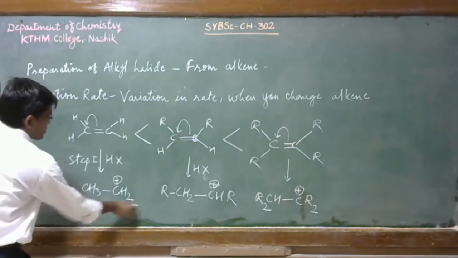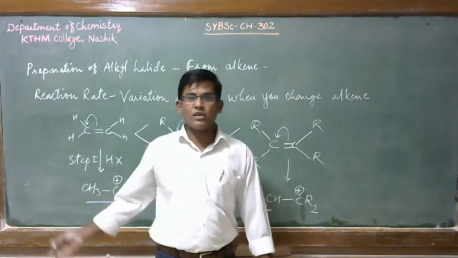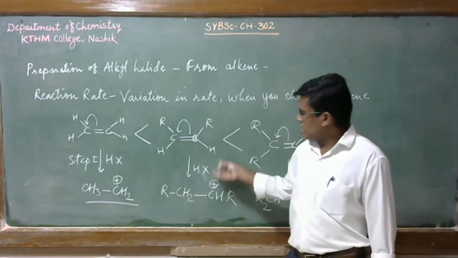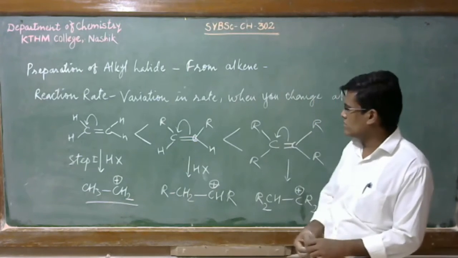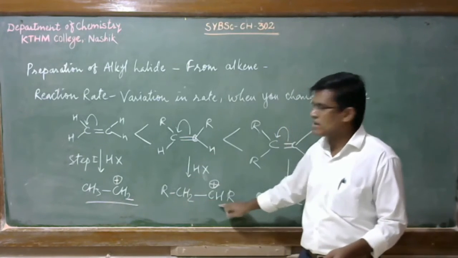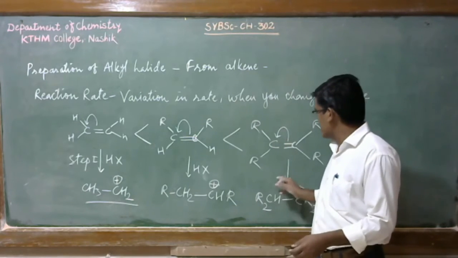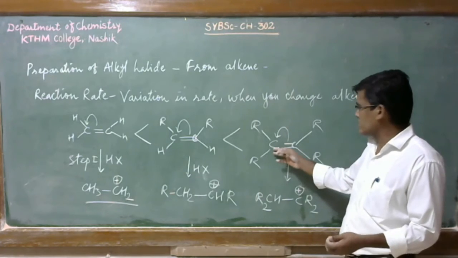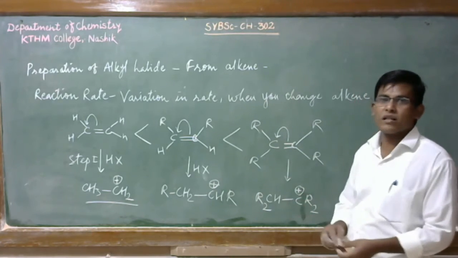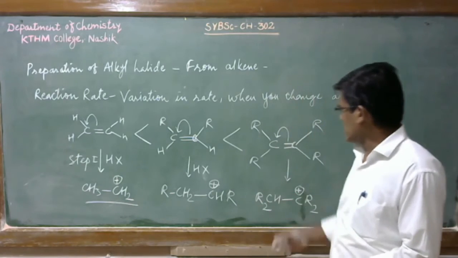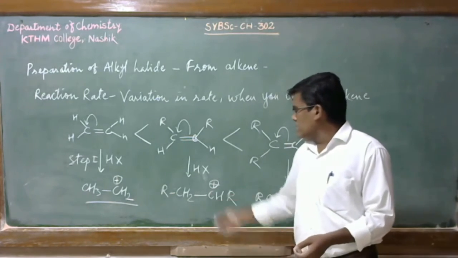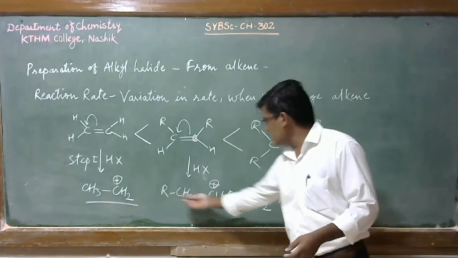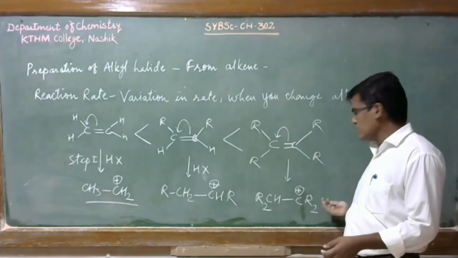All right. So carbocation will form. In this second molecule, similarly the hydrogen will get attached to one of the carbons, and this secondary carbocation will form. In the same manner, hydrogen will add to one of the carbons and a tertiary carbocation will form. So here you can see the stability determines the rate of the reaction. As the stability increases, the rate of the reaction will also increase.